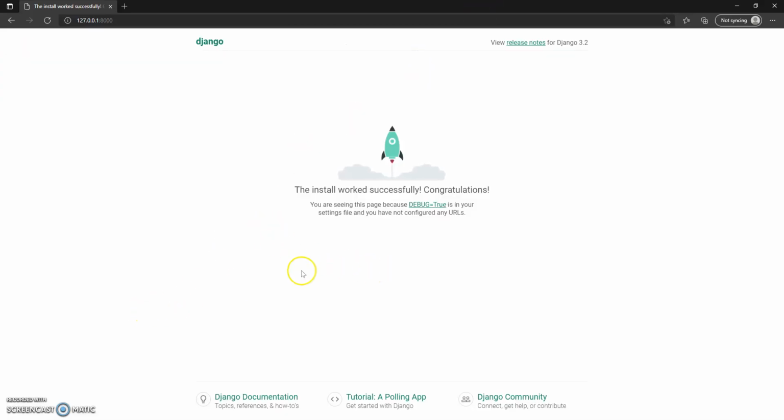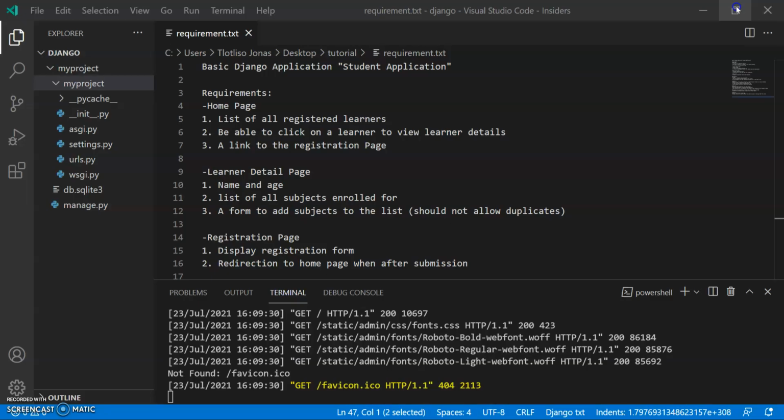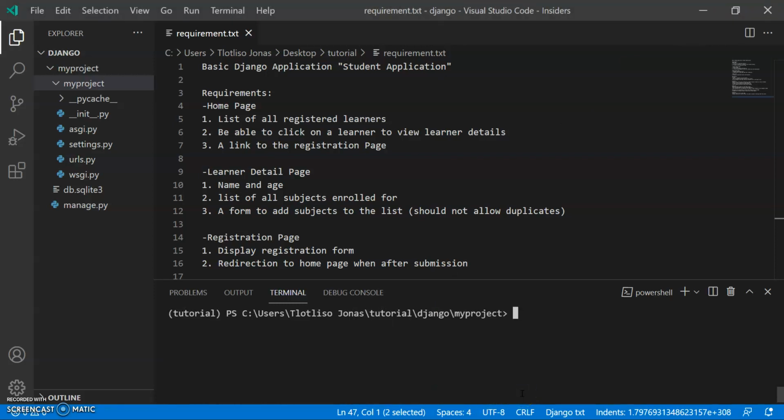So this is our Django project. If you get this, it means that your Django project was set up successfully. So I'm going to terminate that. You do that by Ctrl+C.